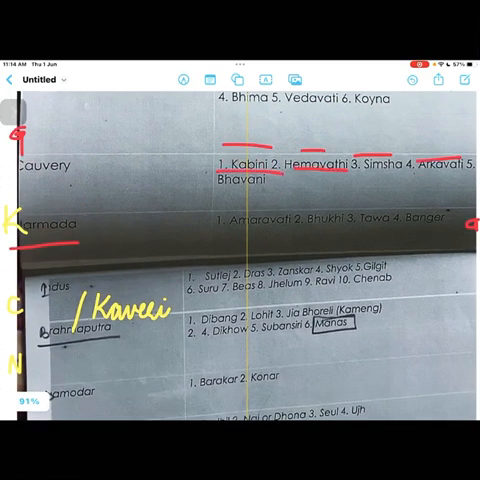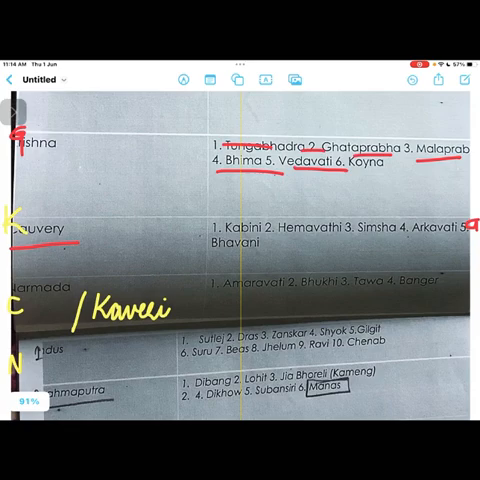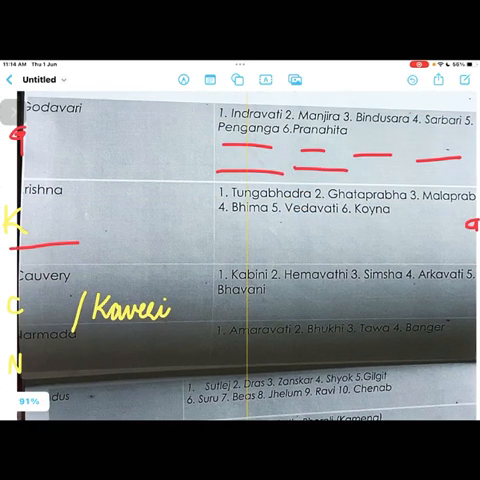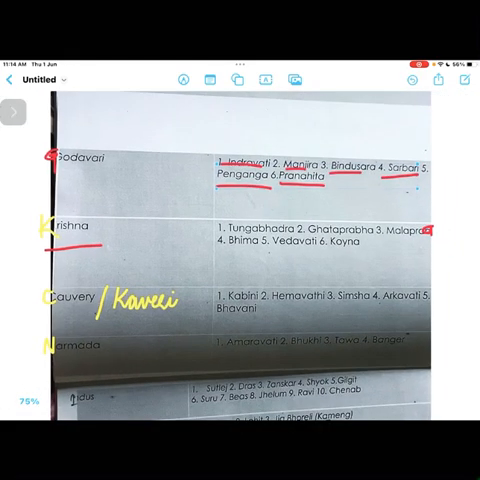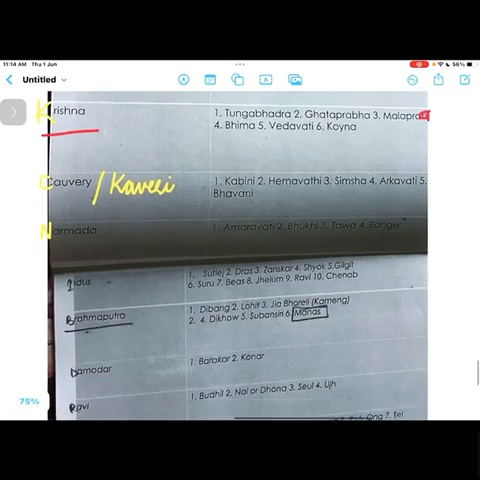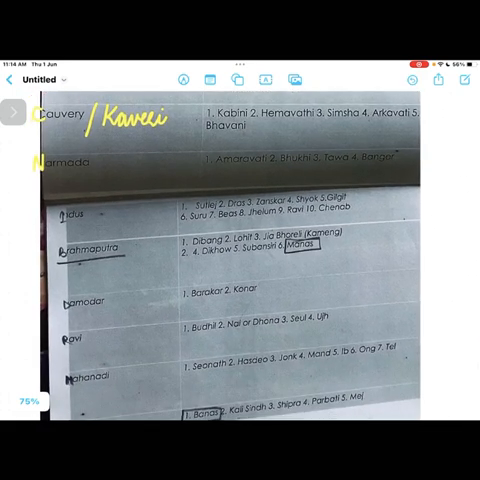Then moving on to your Narmada river. Oh, just a minute, I'm so sorry. I just moved the page. Hold on. Yes, that's fine. I should just make it a little smaller. Okay, perfect. Next is your Narmada river. You have got four tributaries: Amravati,